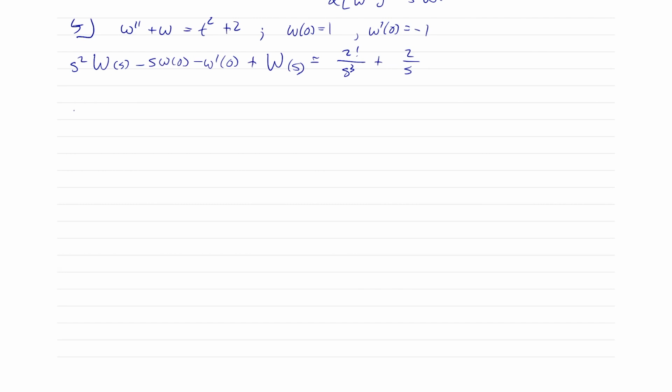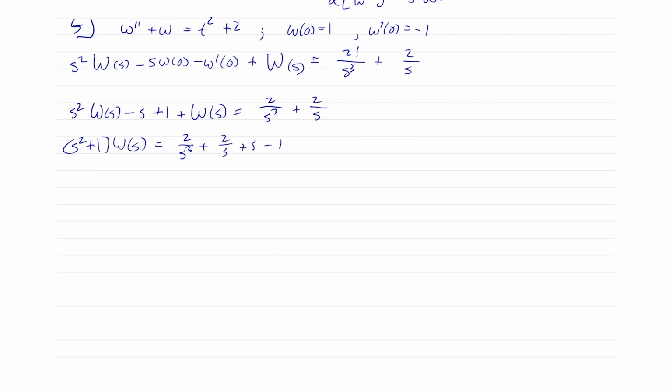All right, plugging everything in, let me just write that clear. So we have s squared W of s minus s times w of 0, which is 1, plus 1 from w prime of 0, plus W of s is equal to 2 over s cubed plus 2 over s. So we get s squared plus 1 on W of s, just isolating W of s and moving everything else to the other side, we get 2 over s cubed plus 2 over s